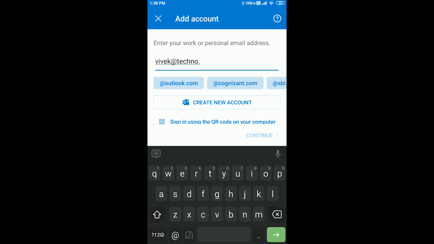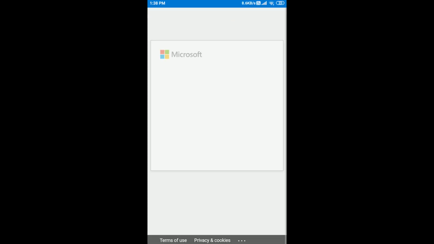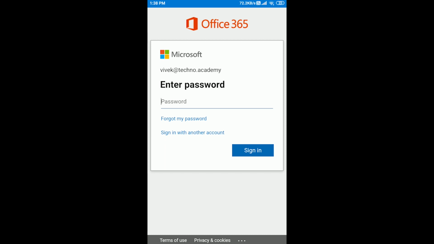I type it and click continue, and here is the option to enter the password of your Microsoft ID. I type my password, and here is the button to sign in, just click the sign in button.